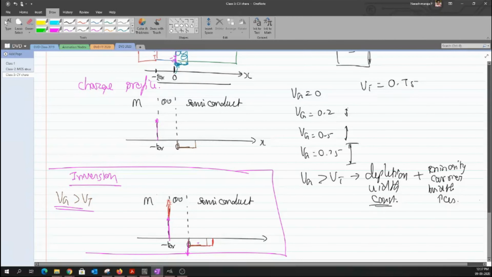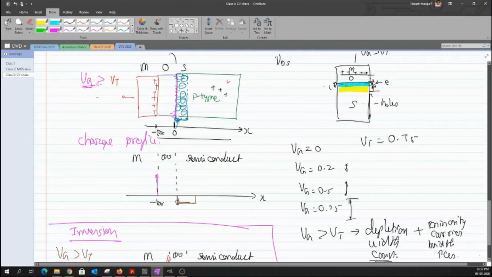So now we know that whenever the value of VG is greater than VT, it will have two things. One is the mobile carriers, which are nothing but the electrons, okay, which are free carriers. And also there is a yellow region, which is nothing but the depletion region. When I look across the depletion region, the type of charge that it holds is again a negative charge, but they are immobile. They are not like free carriers. They are immobile negative ions.